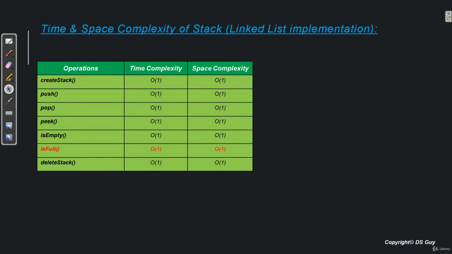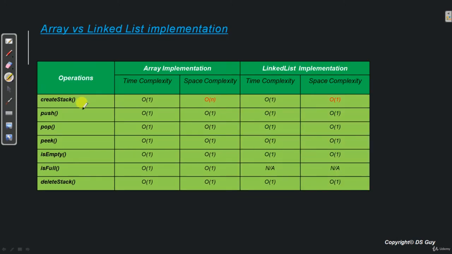Fine. So now before we wind up this chapter, let's quickly compare array as well as linked list implementation in a tabular format. So here we have all the operations and here we have all the time and space complexity, both for array as well as linked list implementation. So we see all of them are exactly same. The only difference comes in creation of a stack. In case of an array, since we'll create a blank array, it will take order of n space. And here we are just creating an object of single linked list class, so it will take constant space. Rest, as you can see, all of them are same.